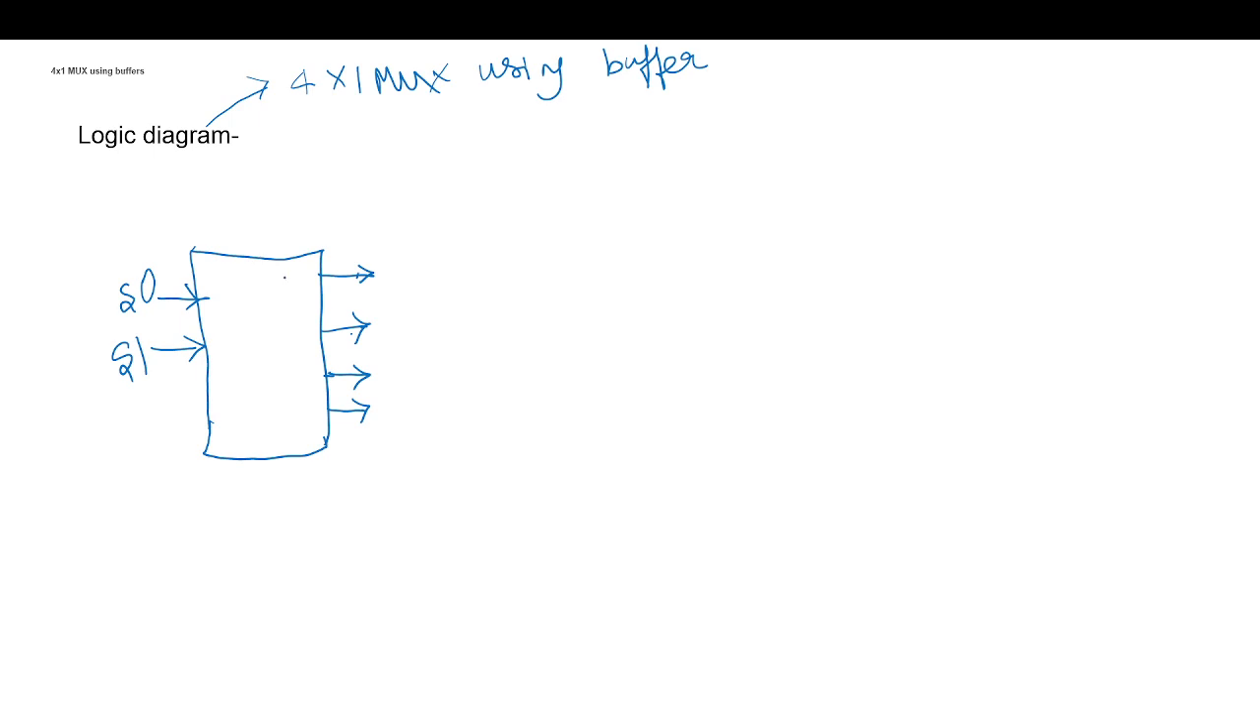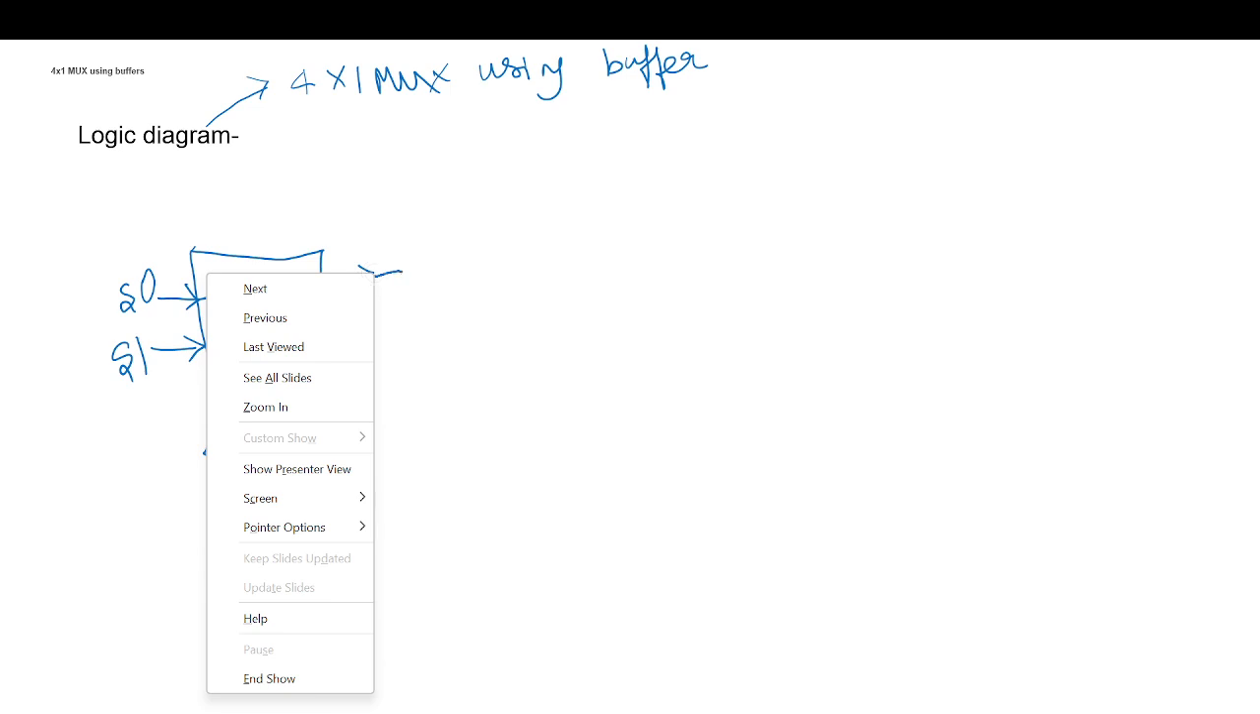It will take S0, S1 as the input and give me Y0, Y1, Y2 and Y3. Yes, it is a decoder. So I need a 2x4 decoder. And now this will